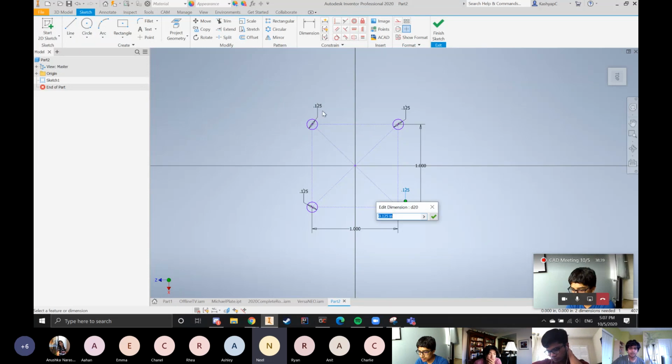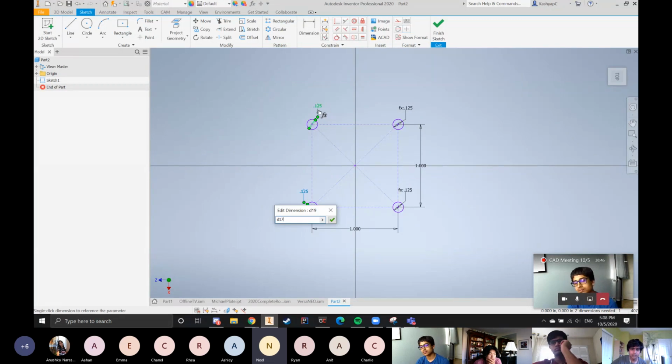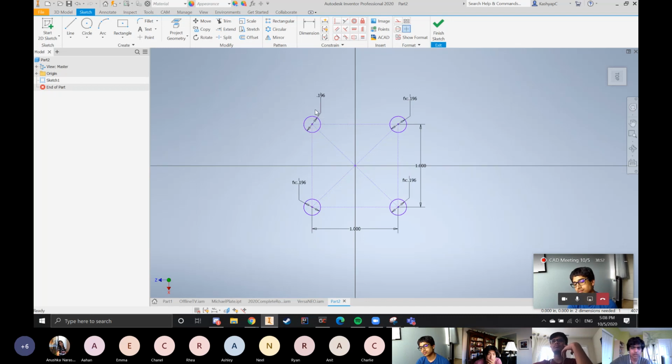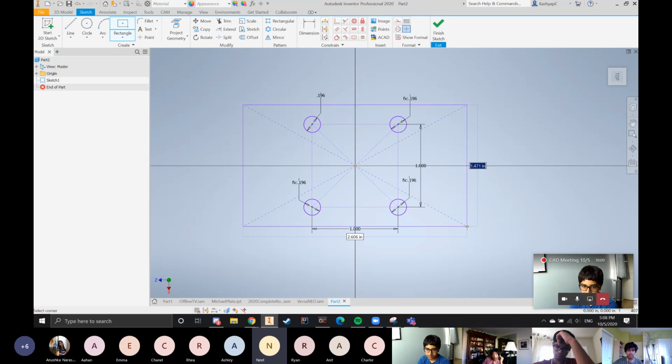Here's another example where it's really good for driving. Individually, I can change it, so let's say I want a 1032. Now they're all the same. That's probably the best example I can think of for when we drive the dimension literally every time. We know all of the holes in a hole pattern are the same, so we drive all of them to the same one. But in general, do you guys think you can make